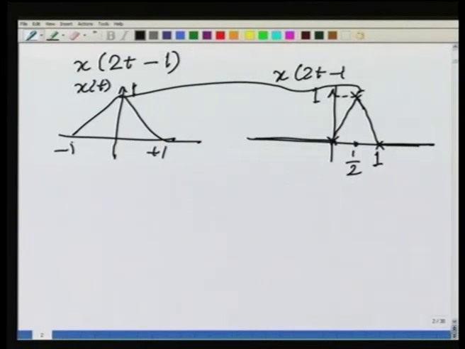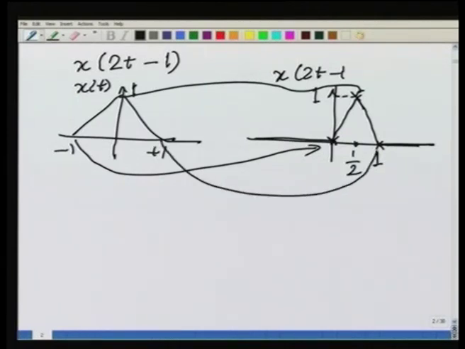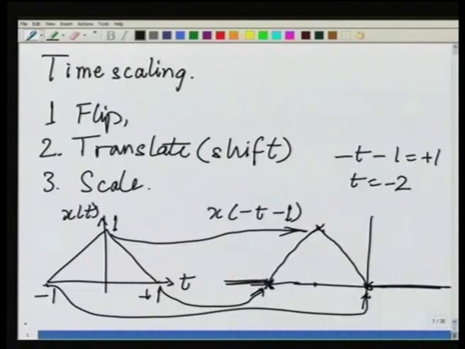This point has come to this point, and this point has been brought to this point. In the earlier example seen over here, there is an exchange of the points on the time axis. The point to the left has come to the right, and the